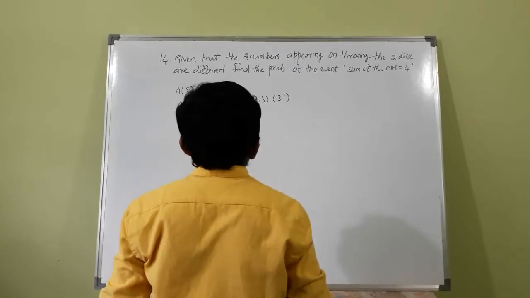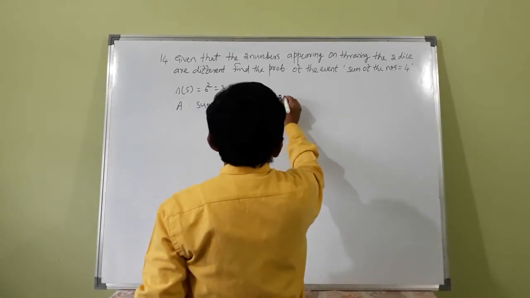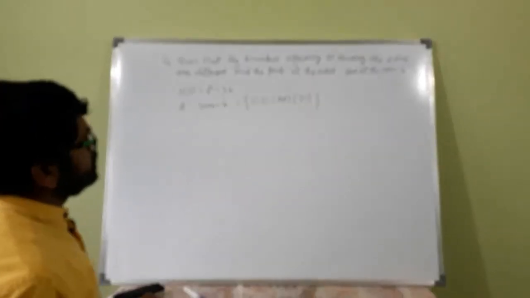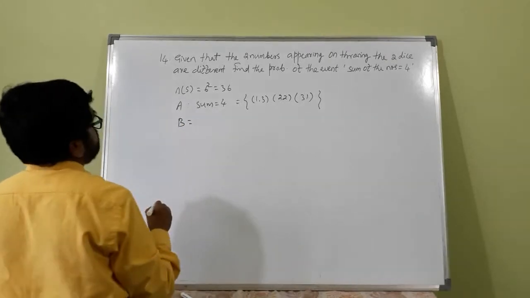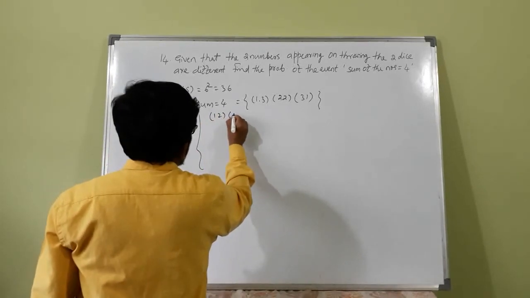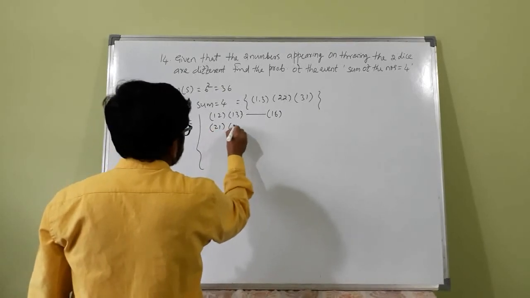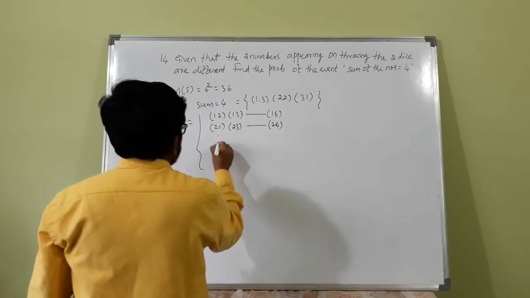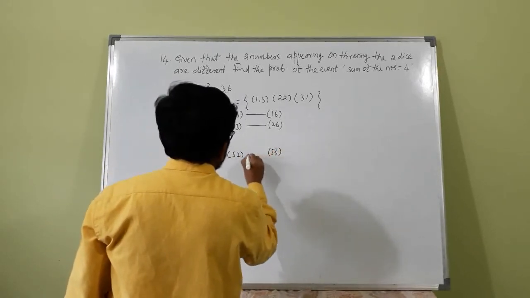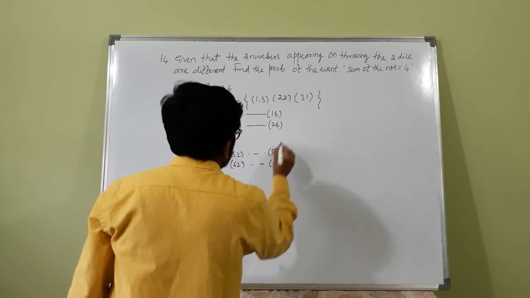Okay. Now A, the event that sum is equal to 4, that is 1,3, 2,2 is not allowed, 3,1, because two numbers appearing on the two dice are different. So here 1,3 is allowed, 3,1 is allowed, only 3. Okay. B is different numbers, means 1,2, 1,3, so on up to 1,6, 2,1, 2,2 is not allowed, 2,3, so on up to 2,6. Similarly 5,1, 5,2, 5,6, 5,5 is not included, 6,1, 6,2, 6,5. You got it.